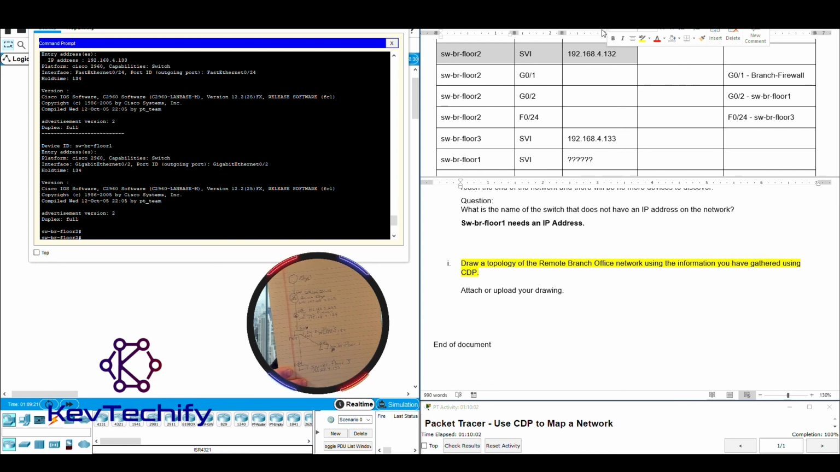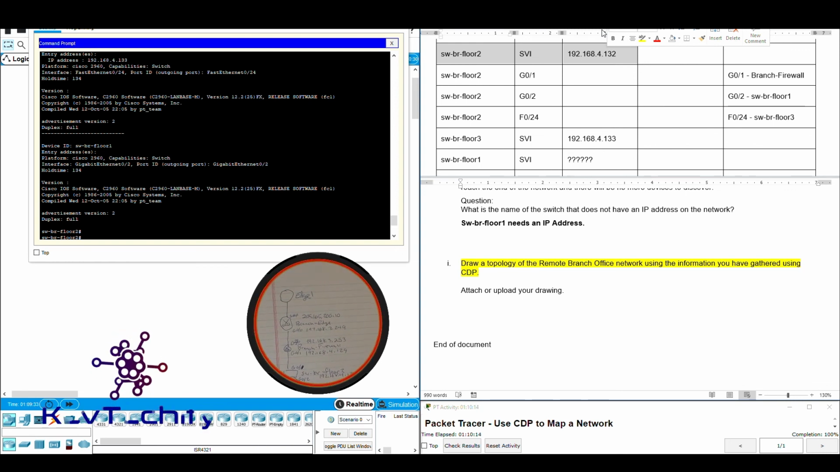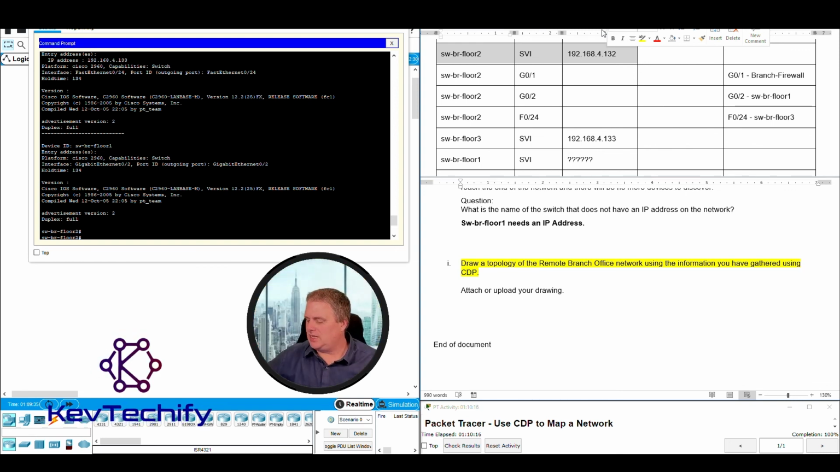Not neat, not professional. You may not be able to read it, but it works for me. It has the documentation down there. I am able to follow it. I am able to get into my devices now. I know what device I have to go put an IP address. After I do that,